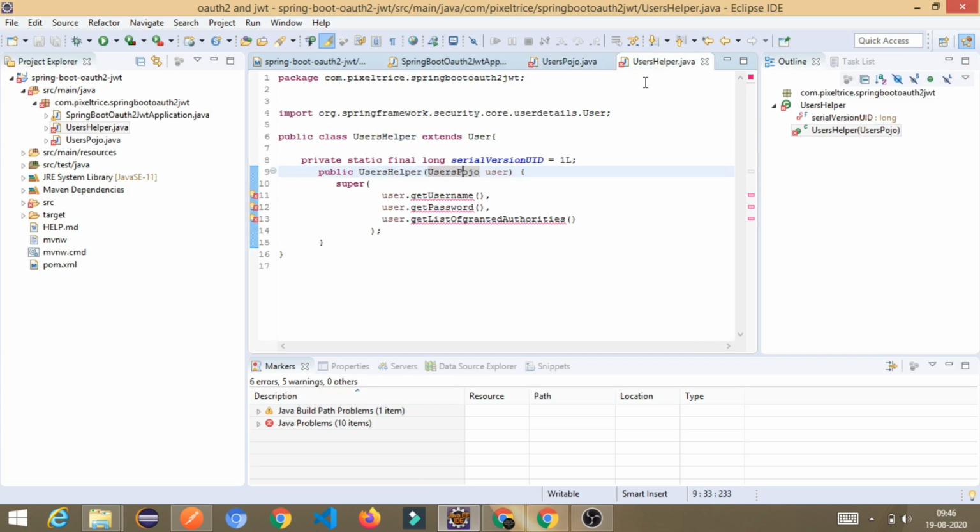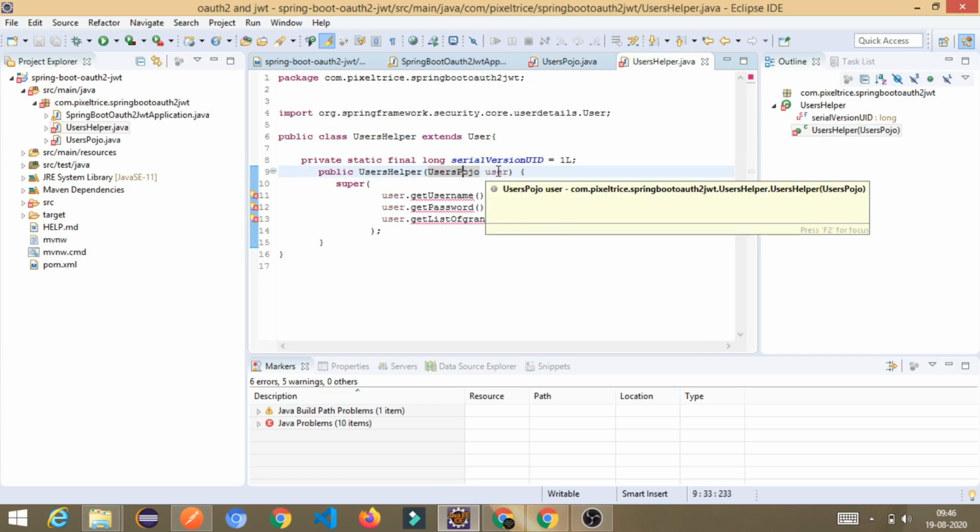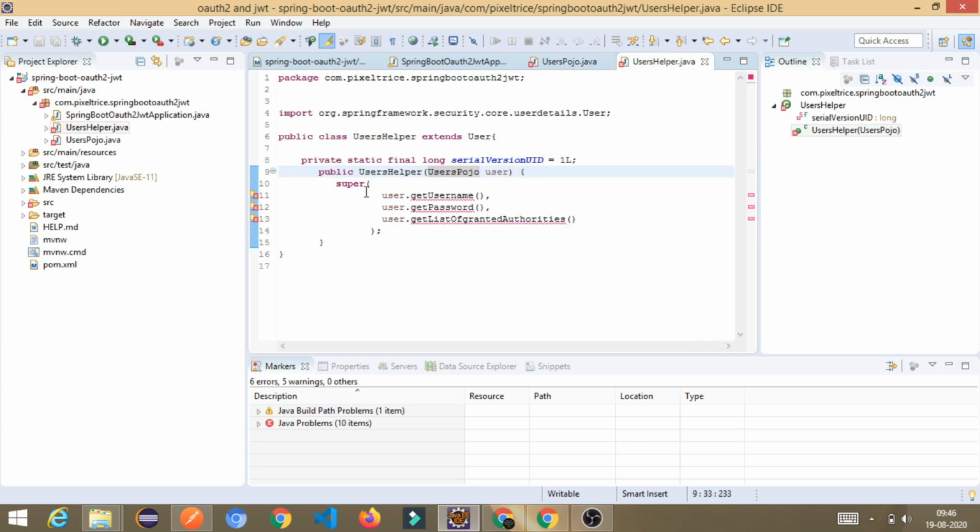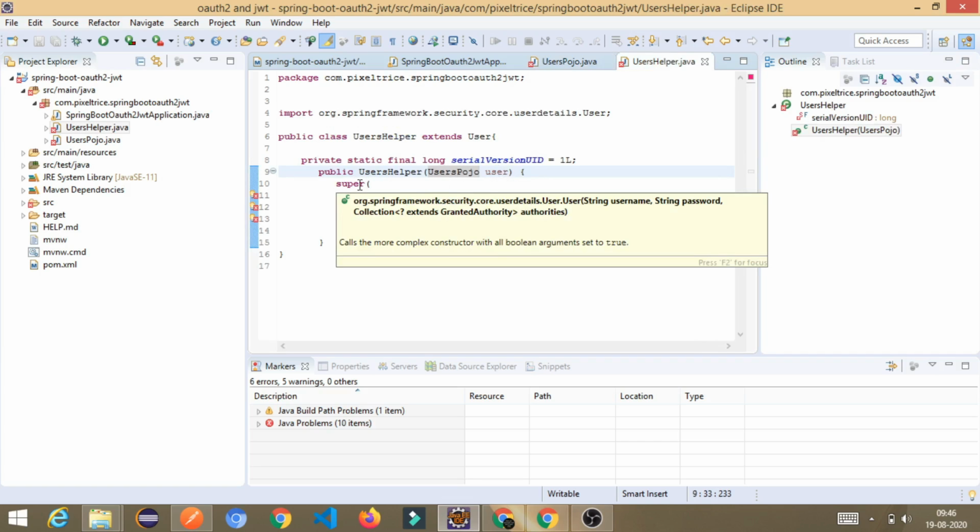Inside that, I am making the super call. The purpose of the super call statement is to call the immediate parent class constructor.